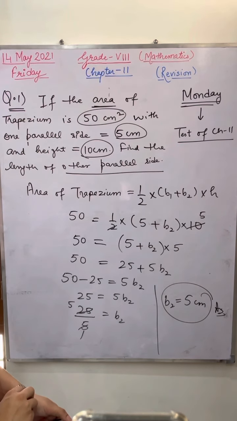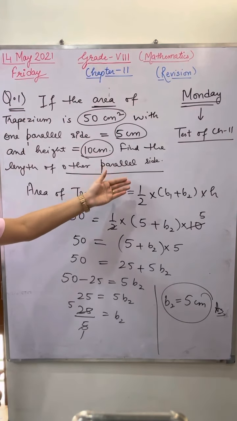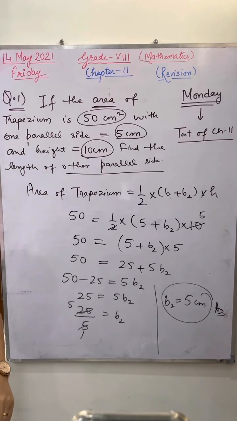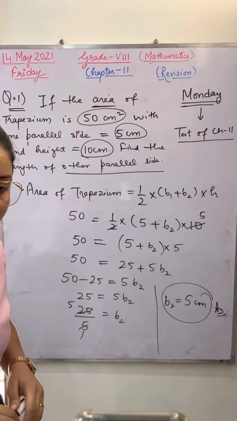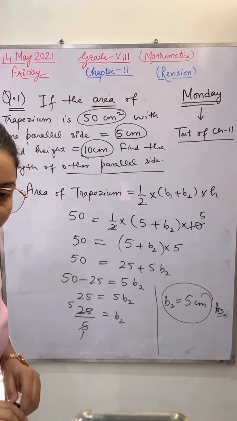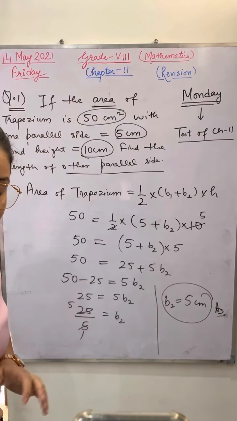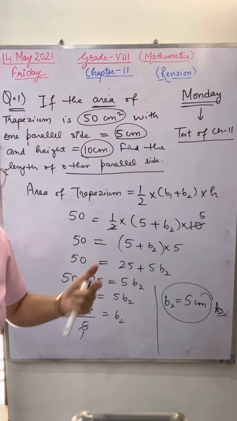Nikansh, what are you saying? Doesn't matter, Nikansh. Parallel sides can be equal, they can also be unequal. Right, Nikansh? The parallel sides can be of equal length or cannot be of equal length. Avika, right. Chaitanya, right. No worries. It's right. Okay. Now I'm giving you the next question.